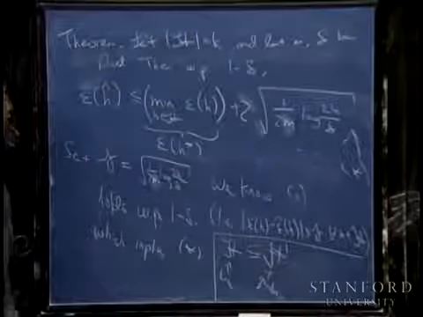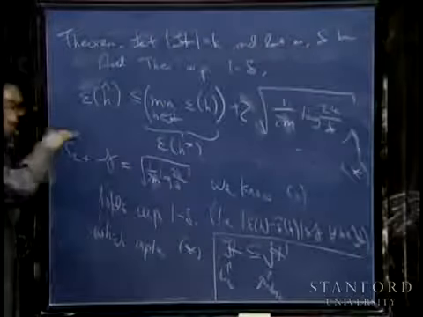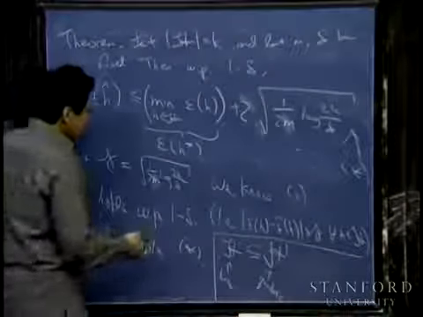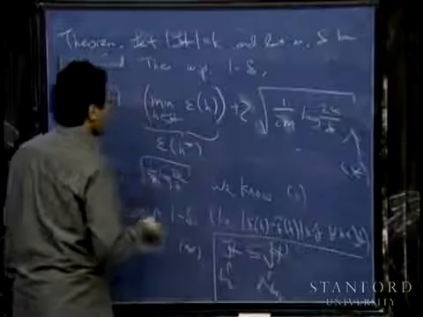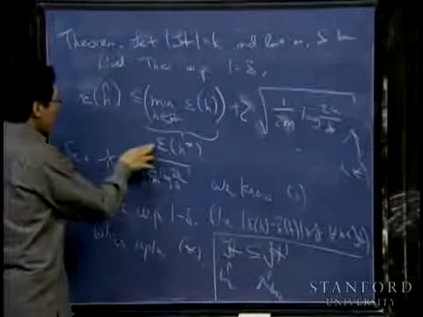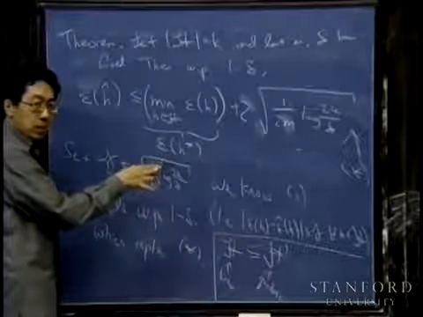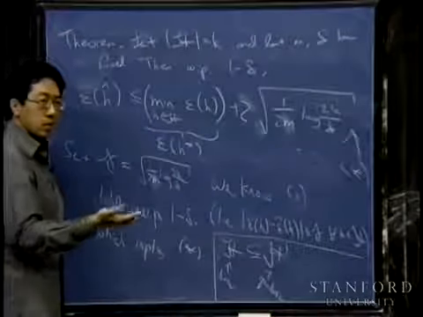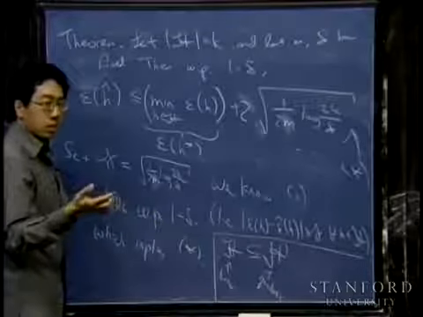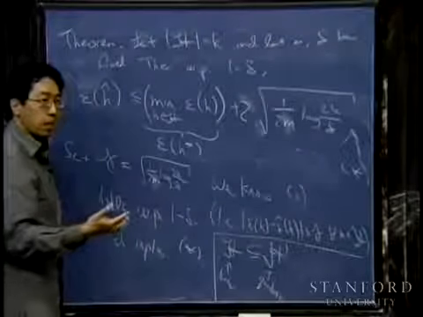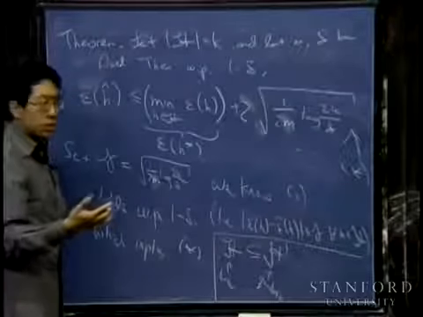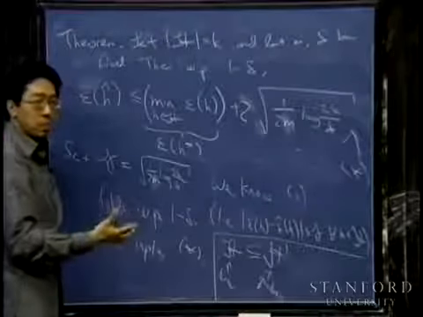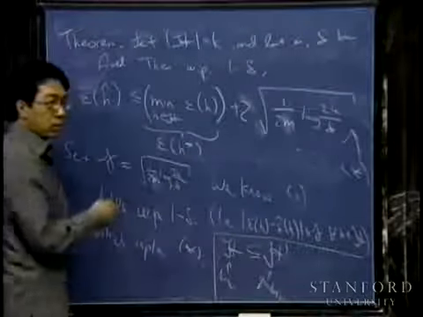Then what are the trade-offs involved, right? Well, I proved this only for finite hypothesis classes, but we'll see that something very similar holds for infinite hypothesis classes too. The trade-off is, if I switch from h to h prime, from linear to quadratic functions, then epsilon of h star will become better, because the best hypothesis in my hypothesis class will become better. The best quadratic function, by best I mean in the sense of generalization error, has to have equal or more likely lower generalization error than the best linear function.